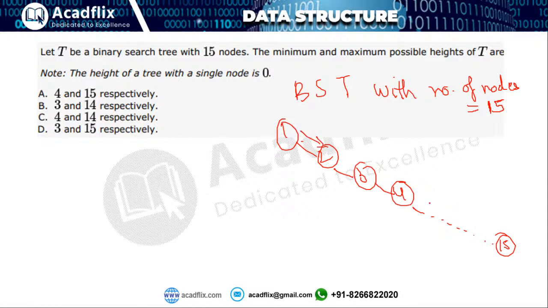प्रॉबेबली आपको लग रहा हो कि ये हाइट 14 हो गई ना, क्योंकि ये हाइट 0 मानी जाती है, फिर ये हाइट 1, तो ऐसे करते करते पूरे ट्री की हाइट हो गई 14, राइट. तो मैक्सिमम हाइट कैसे आएगी अगर मेरे पास एक स्क्यू ट्री है, और मिनिमम हाइट कैसे आएगी अगर मेरा जो